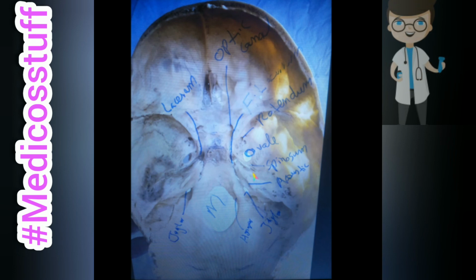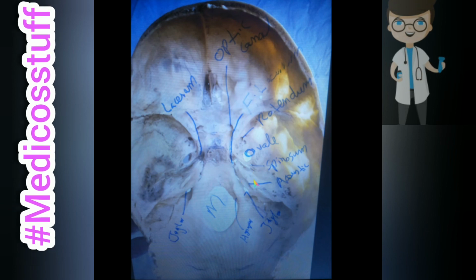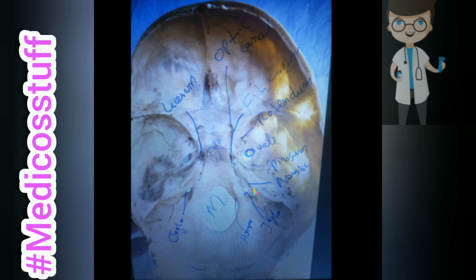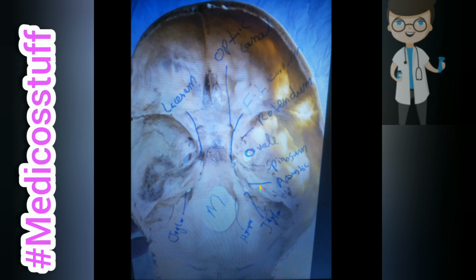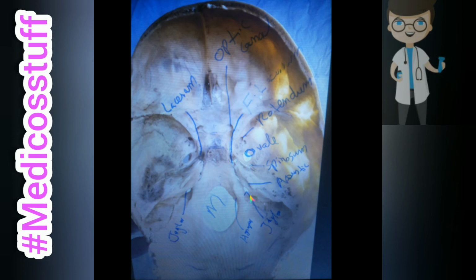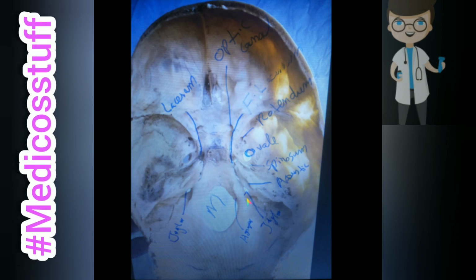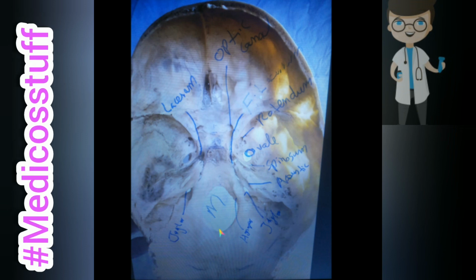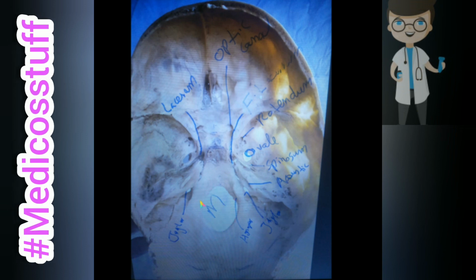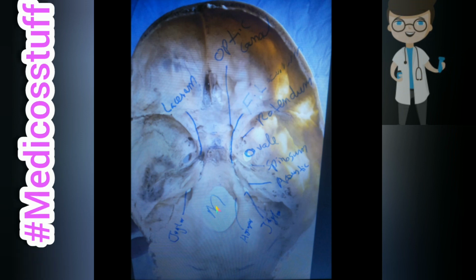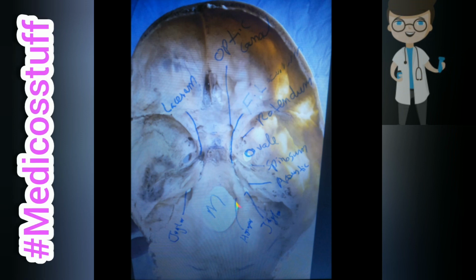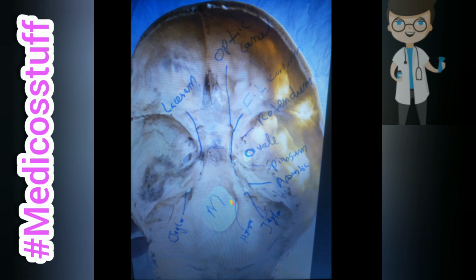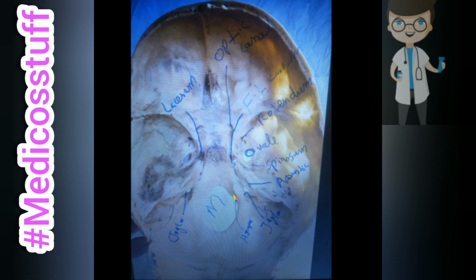Now below, at the side of the occipital bone, you can see the internal acoustic meatus, also known as the acoustic canal. Now this foramen is known as the jugular foramen. Now this main one is the foramen magnum, the main foramen of the spinal cord. Inside the foramen magnum you cannot see because it's not a 3D image. At the side of the foramen magnum you see a small canal known as the hypoglossal canal.